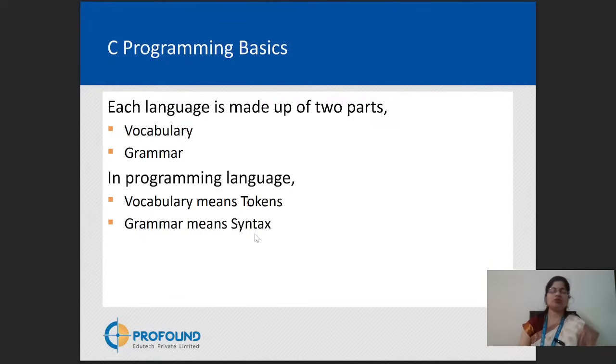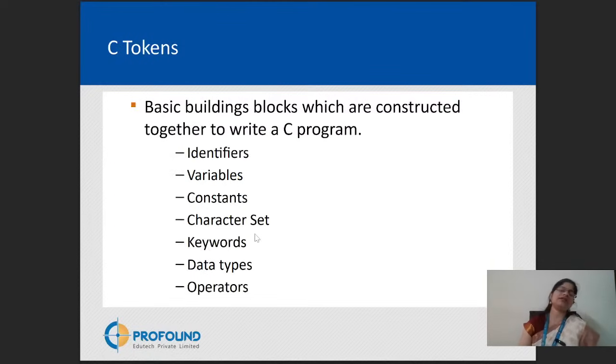Same way here, you must be aware of tokens and then you can create a syntax or program. The basic building blocks which are constructed together to write C programs are identifiers, variables, constants, character set, keywords, data types and operators.